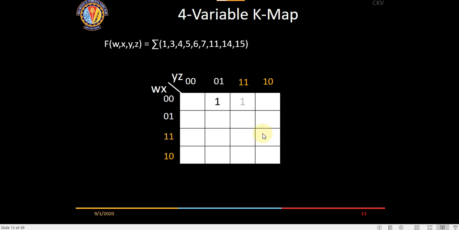So this is, right, the min terms are given. If you see 1, 3, 4, 5. Okay, so 0, 1 is here, 2 is here, 3. Okay, 4, 5, 6 and 7. 6 and 7 are there. Then 8 is not there, 9,